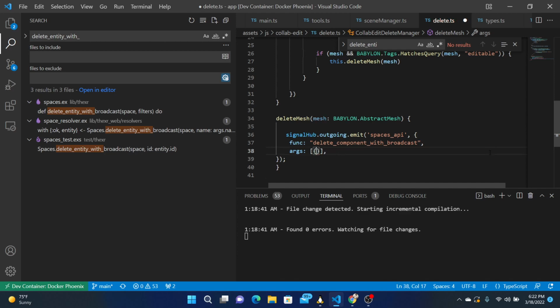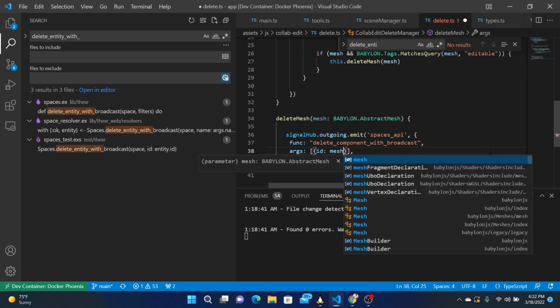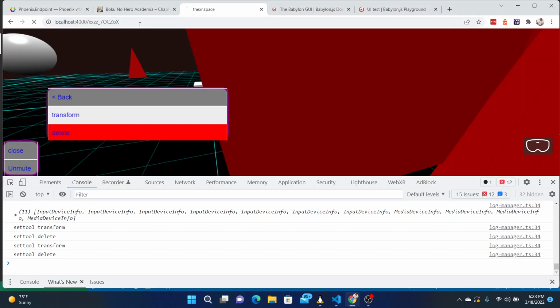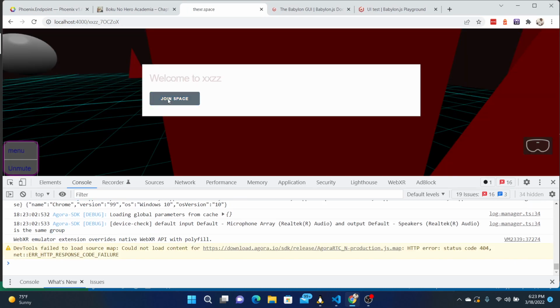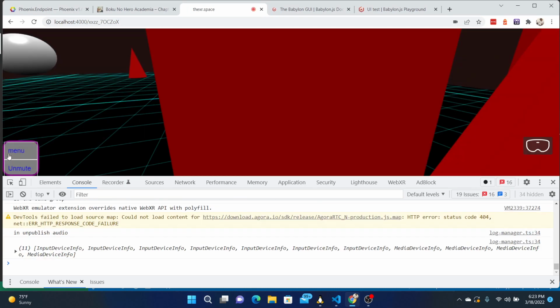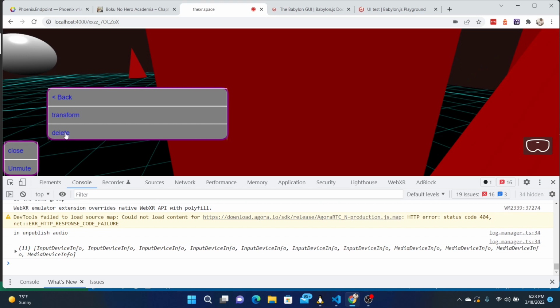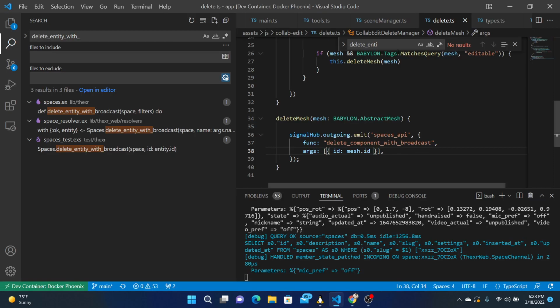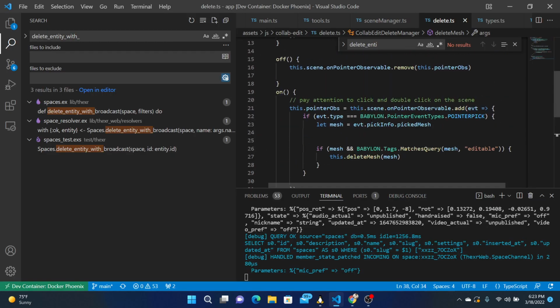It's going to be a filter, so it's going to be ID and mesh ID. Okay, let's add some debug output. So on here,